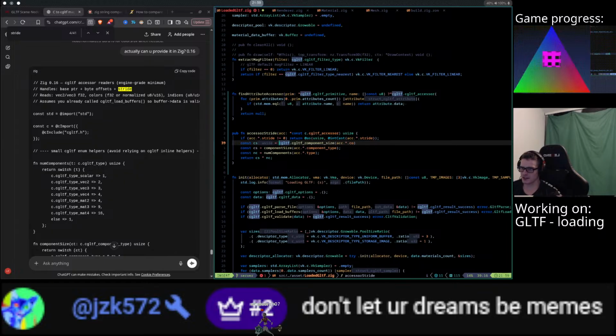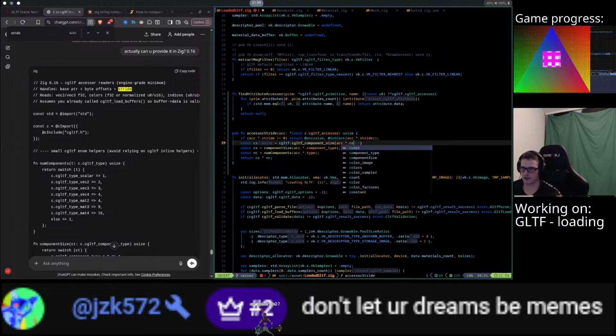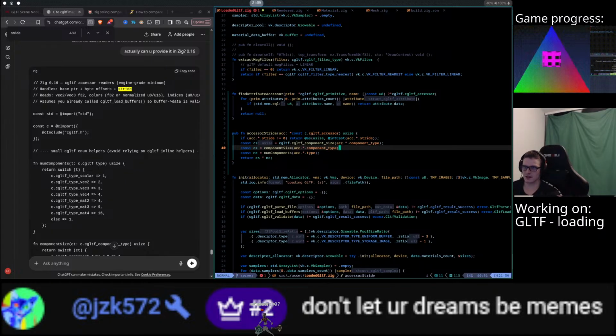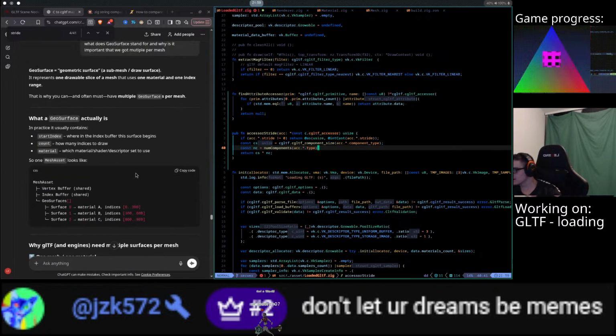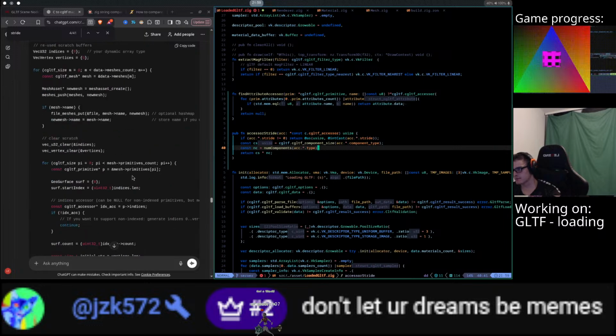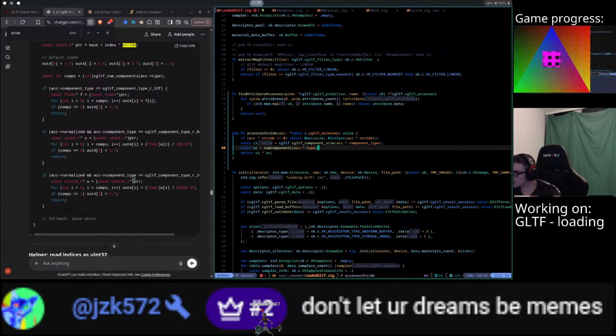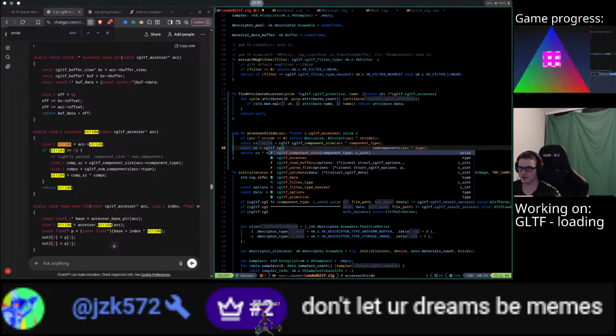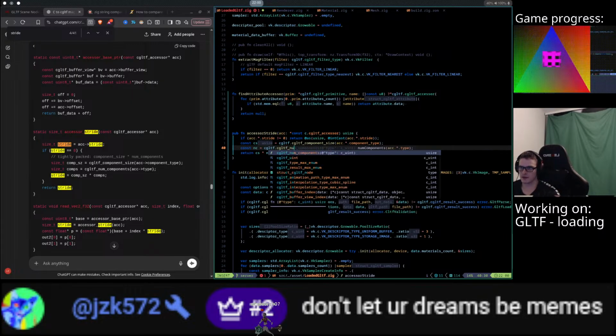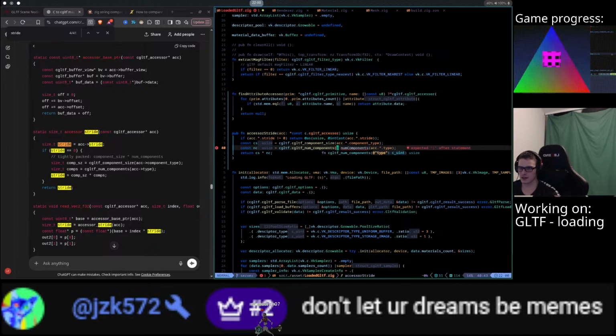And I'm also gonna call it CS. Sure. Component type. And yeah. Well then we will not do those. Good to know. Let's see. So you'll do non-components. Yeah, cgltf num components, and this just access